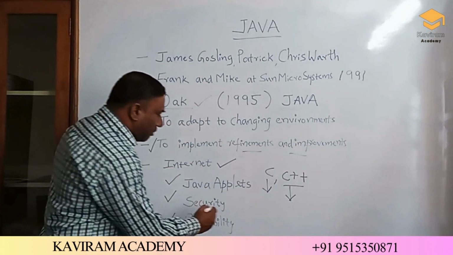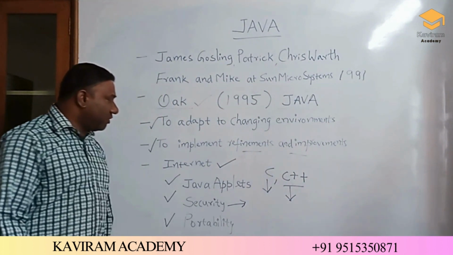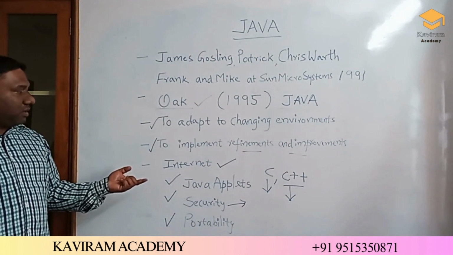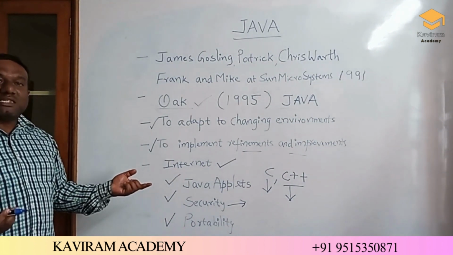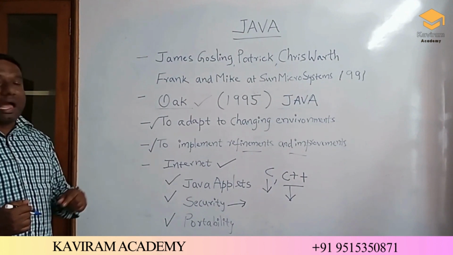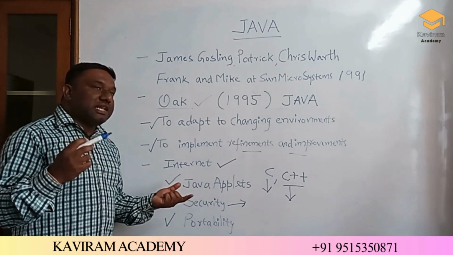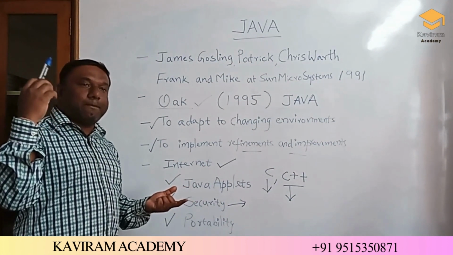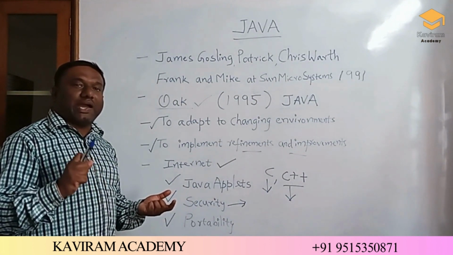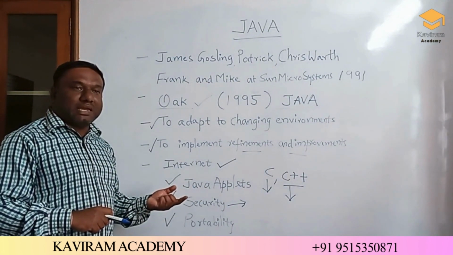The next one is about security. As we know, security is very important whenever we are using the internet, because the internet is public, and everybody can access it. So everyone can access these Java applets or web-based applications. Whenever you are downloading an applet or source code from the internet, there is a chance of a virus attacking the system. So your system can be easily attacked.